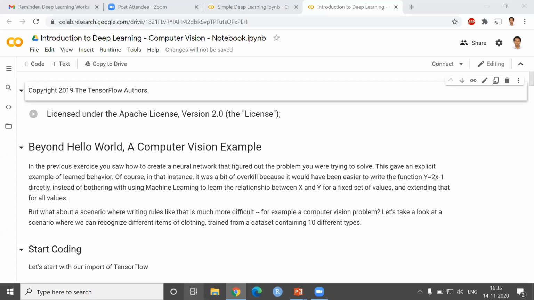Before joining the next session, I have already shared 2 notebooks. Earlier we worked on 1 notebook. Now this is the second notebook which I am sharing. And whatever I have talked about so far is given in this particular notebook. So if you patiently read through the notebook and execute the cells in it, you will thoroughly understand what we have discussed so far. Since we are covering quite a few portions of introductory material in this initial workshop, that's why I'm going a bit fast.